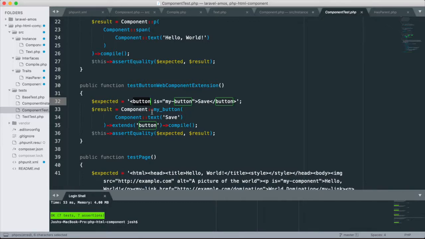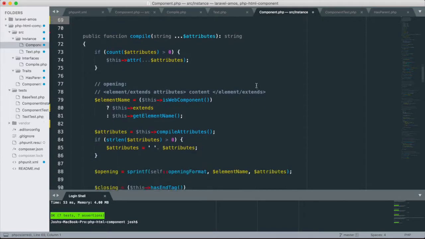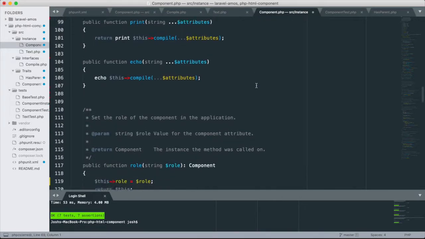So if your browser won't handle web components, it'll fall back to being just a button. And so basically, you can say, my component, right? That way, it's your component, but it extends the HTML, well, theoretically, the HTML button. So anyhow,